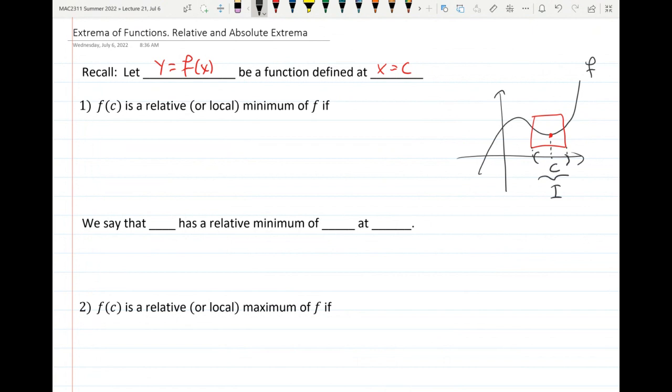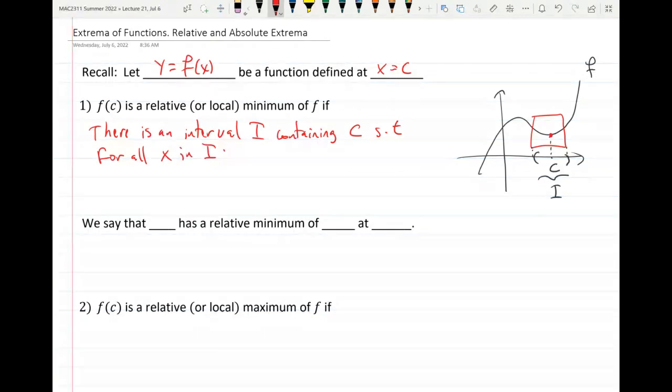So f of c is a relative minimum of f if there is an interval I, so that way I'm talking about that little box that I drew, if there is an interval I containing c, such that